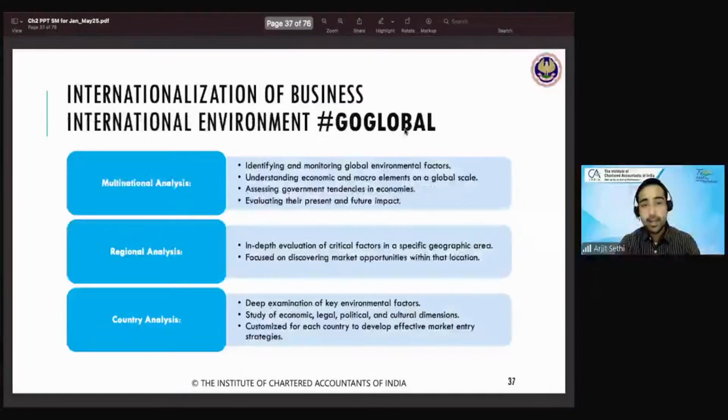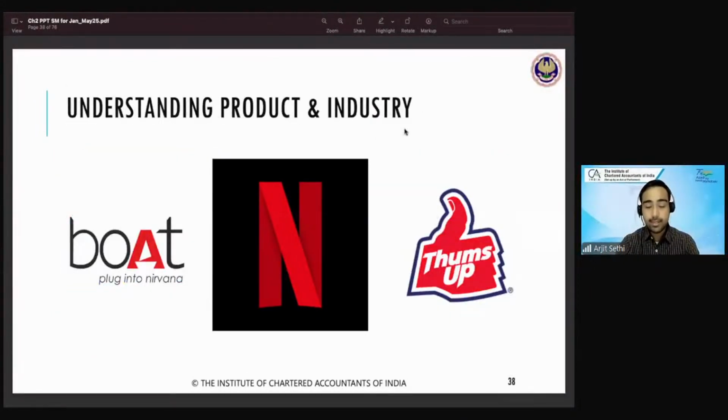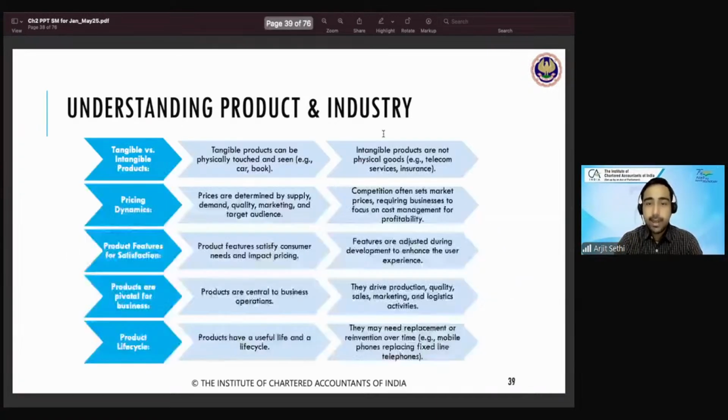And then we were talking about the product and industry. This is where we reached: you just look at the logo and you know the brand. You take a look at the logo and you're pretty clear that this is what the brand is about, this is what the product is about. Both Netflix, thumbs up. You look at it and you know what this company does, what the price point is, where it's from, who owns it, who runs it, how it functions. You know everything just by looking at the logo. That's called understanding the product and industry. How do you do that?